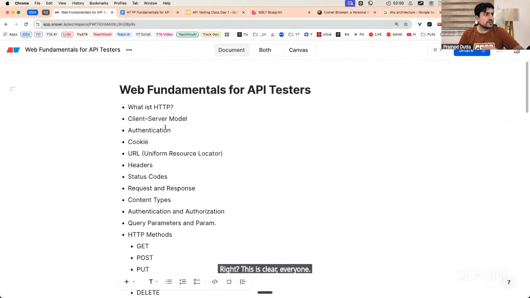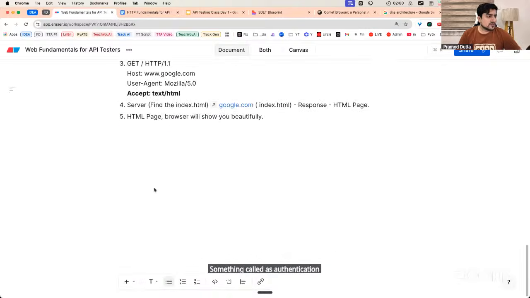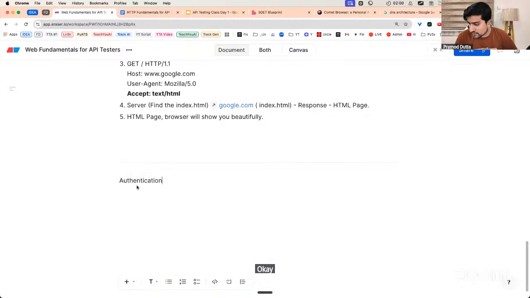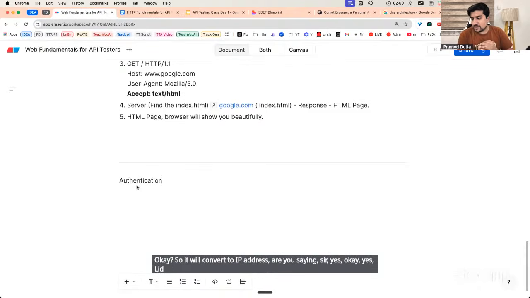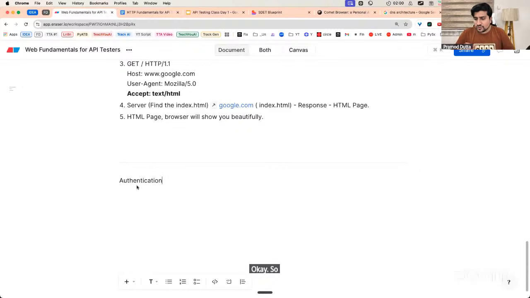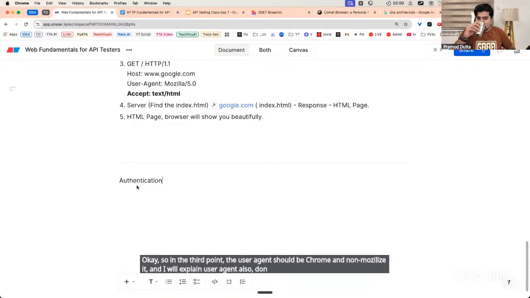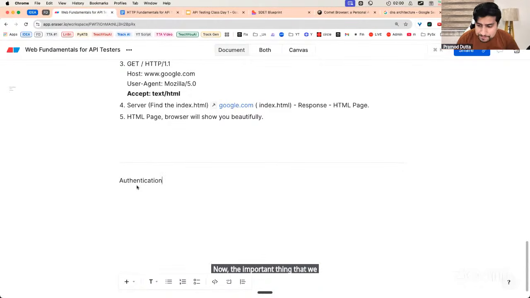Now the second thing that we are learning is something called authentication. This is a very interesting concept. Everyone, please understand this. There is a question also which comes from this. Sir, it will convert to IP address. Yes, I agree with this. In the third point, the user agent should be Chrome and not Mozilla. I will explain user agent also, don't worry. Now the important thing that we are going to cover is authentication versus